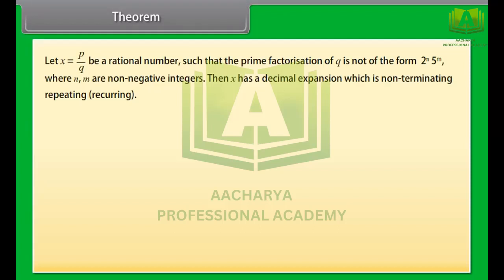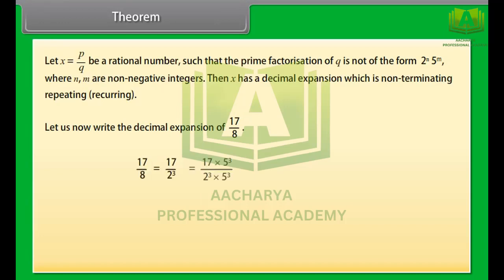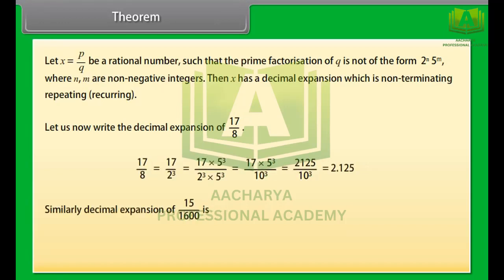Let x equals p upon q be a rational number such that the prime factorization of q is not of the form 2 raised to the power n, 5 raised to the power m, where n, m are non-negative integers. Then x has a decimal expansion which is non-terminating, repeating, recurring. Let us now write the decimal expansion of 17 upon 8. Similarly, the decimal expansion of 15 upon 1600 is